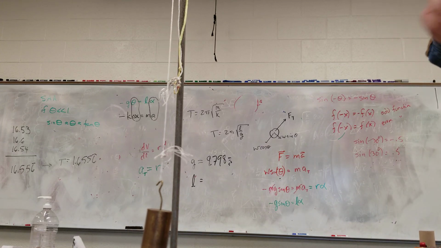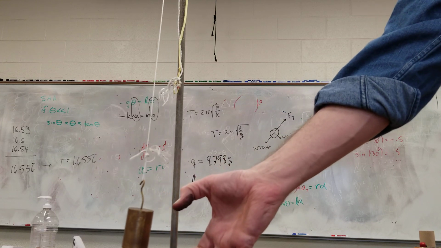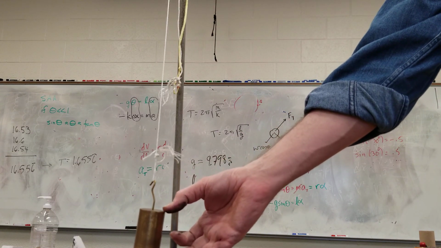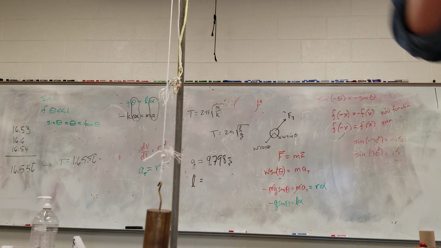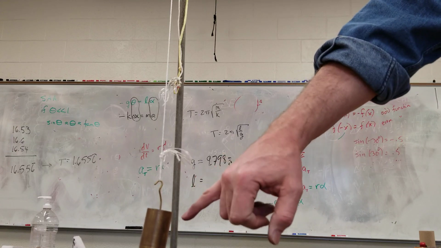So technically, when we're doing our simple pendulum, we are assuming all the mass is concentrated in a single spot. Now the string does have mass, and this is not a point mass, it does have some depth or thickness to it. So what I'm going to do is measure from the pendulum to what I'm going to estimate is